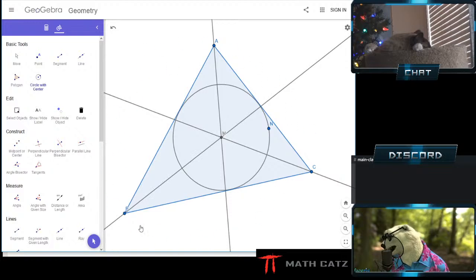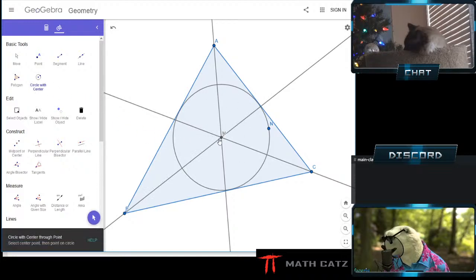Circumscribing, the outside circle, requires that I bisect the sides, and where those lines intersect will be the center of my circle. Inscribing a circle is where I bisect each of the angles,